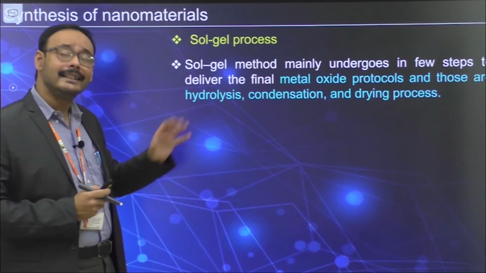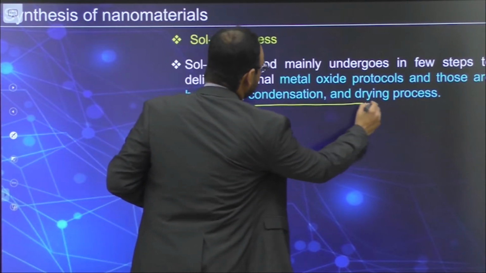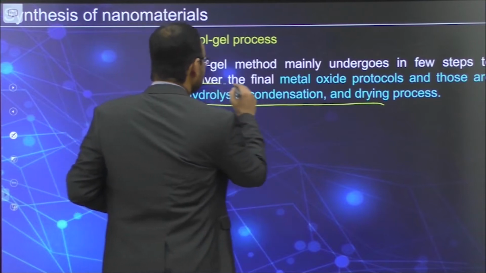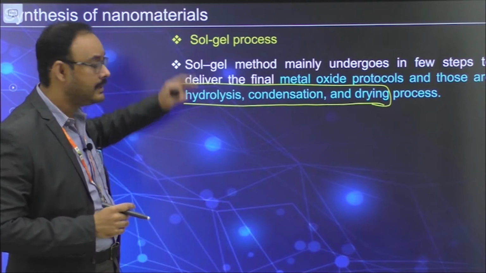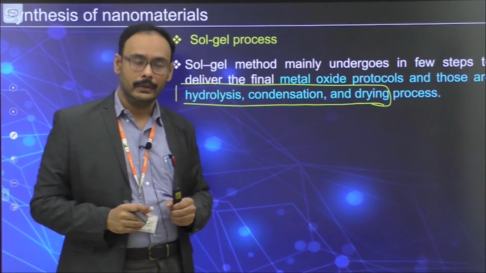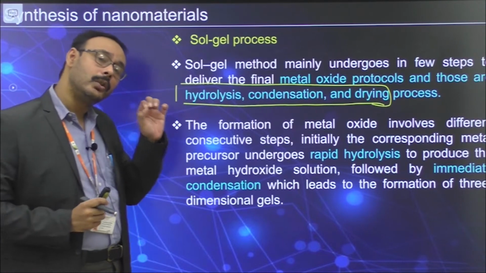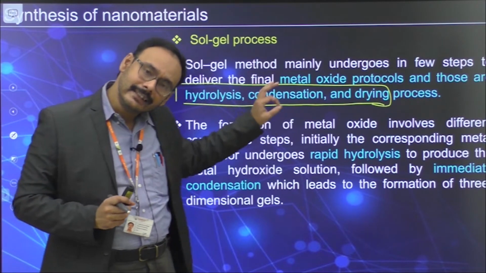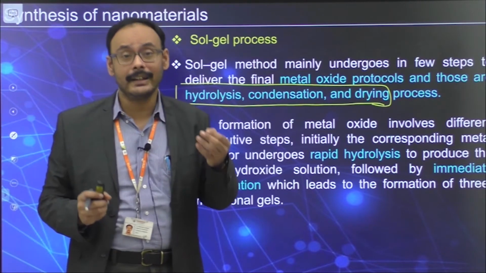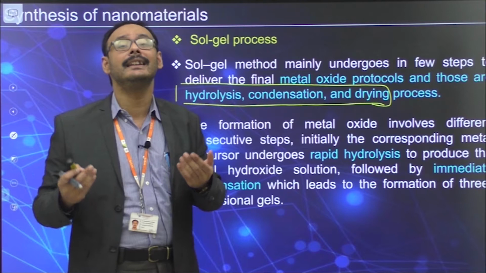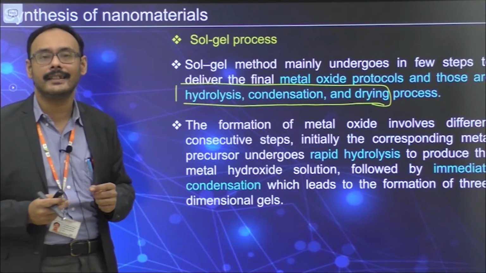So now what are these steps? Majorly the steps are hydrolysis, condensation and drying. These are the three major steps that are going on once you have a sol gel process in place. Okay, so now, your goal is to get metal oxide, at least in this case. Why have you chosen metal oxide? Because this is more prevalent and relatively easier for us to understand in terms of reaction also. We will see that in a second.